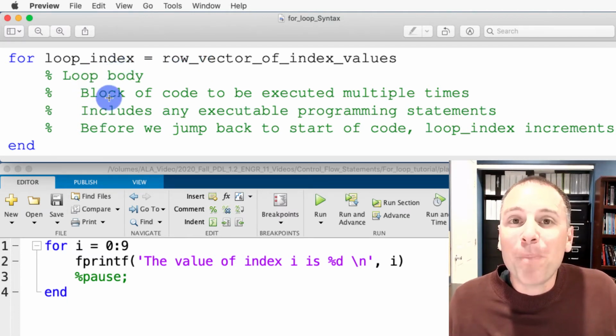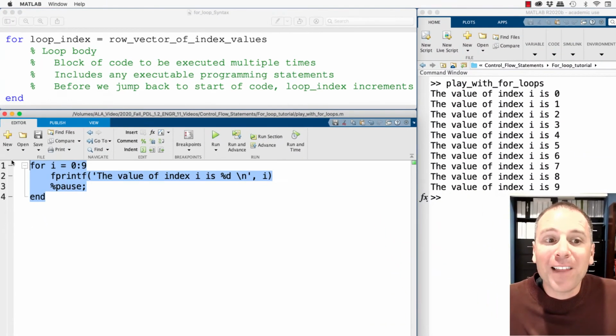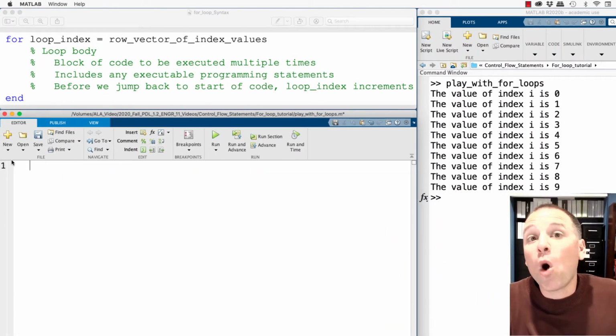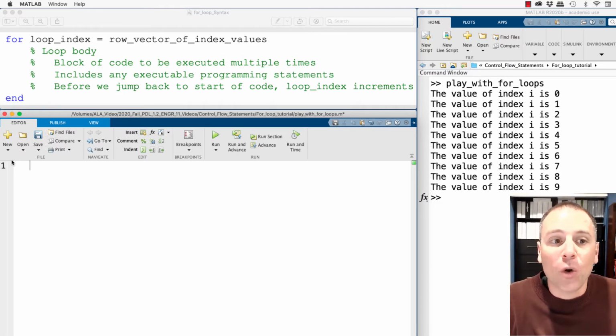Normally in the loop body, we will have explicit references to the loop index to accomplish some goal. In our first example, we explicitly referred to the value of our loop index in order to print out its value and explore how for loops function. However, let's go ahead and delete this and move on to our second example, in which we're going to learn how to do arithmetic with for loops. Specifically, let's learn to count with for loops. So I'm going to go ahead and start my count at 0. That's going to happen outside my for loop.